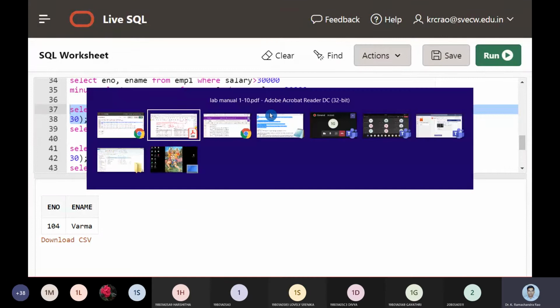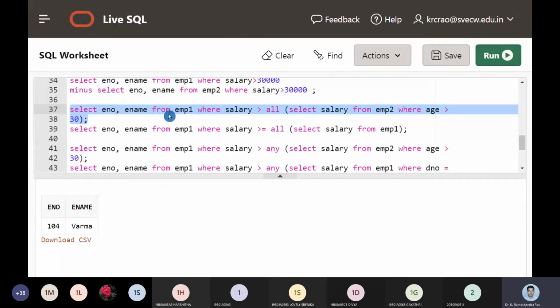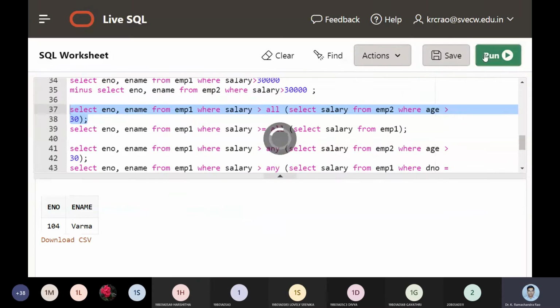So the condition we are going to apply is that the record in employee 1 should display if the salary is greater than all three values, that is greater than 50, greater than 40, and greater than 32. So whose is going to fit? At this point of time, hit run and see what the answer was.